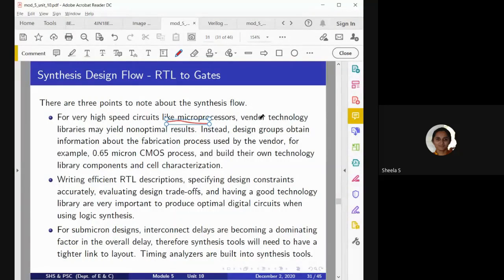So in such a case, the designer can define the corresponding technology, and can generate the corresponding library and cell characterization, provided he gives the proper information on the fabrication process to the vendor. So using his technology, we can get a more optimized circuit compared to the vendor's technology library. So those things he can consider.